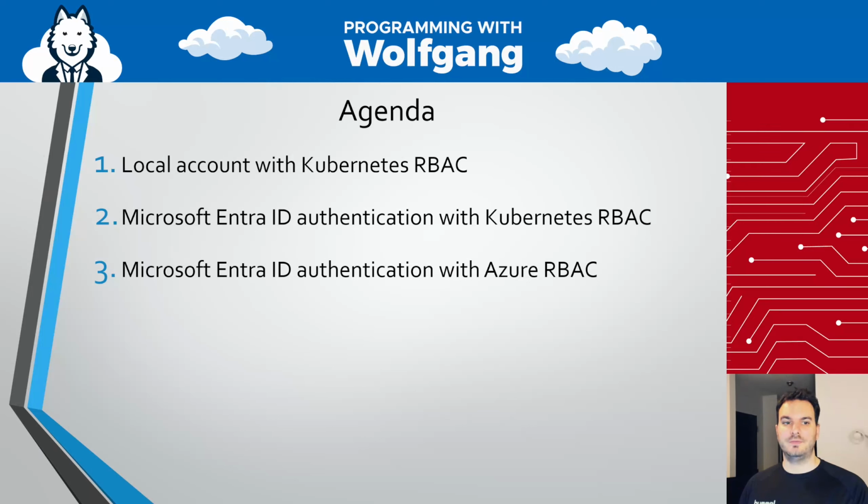The next option we have is Microsoft Entra ID Authentication with Kubernetes RBAC. This is a mix of Azure and Kubernetes. So you do the authentication with Azure. This means you have to log in with your Entra user, and then you do the authorization with Kubernetes. This means inside of Kubernetes, you can define role bindings and roles, and these role bindings define what permissions you